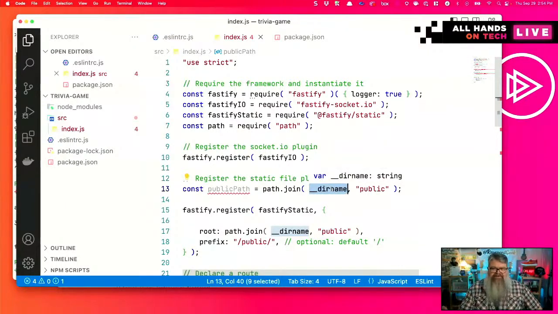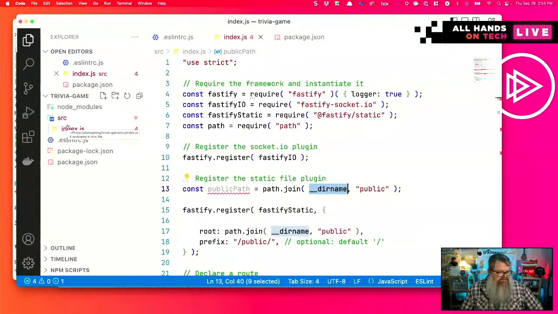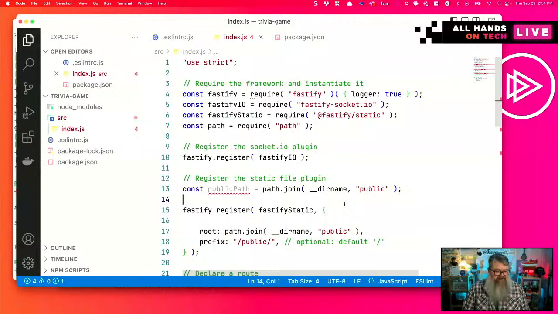I can never remember off the top of my head if underscore dirname is pointing to the top level folder of trivia game, or if it's pointing to the source folder where this index.js file resides. So I want to make sure that I'm doing the right thing.